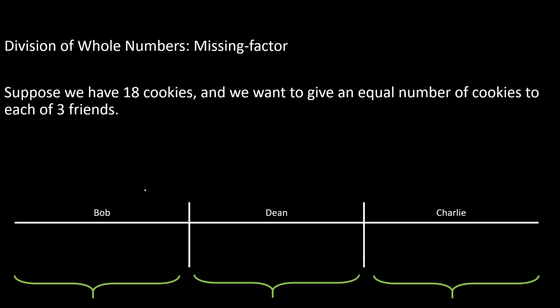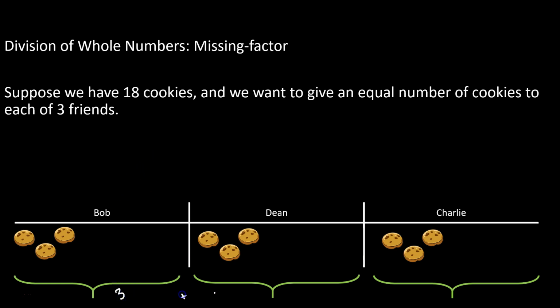Another way to teach division is to talk about it in terms of a missing factor. So if we are still talking about the same scenario, 18 cookies, and we want to distribute the cookies to 3 friends evenly, what we need to do is think of a number that, if we gave each friend that number of cookies, the total number of cookies would be 18. So maybe we try guess and check. Give each person 3 cookies. Then that would look like 3 plus 3 plus 3, or 3 times 3. This is the idea of missing factor. So we do 3 times